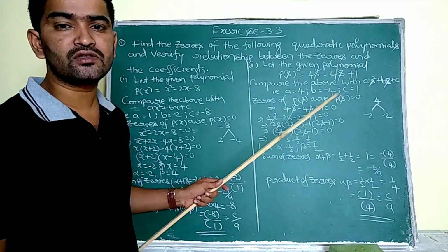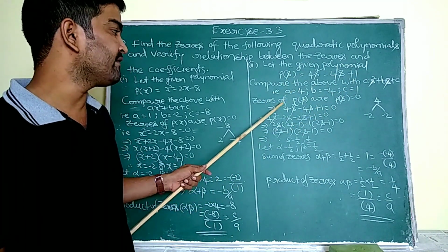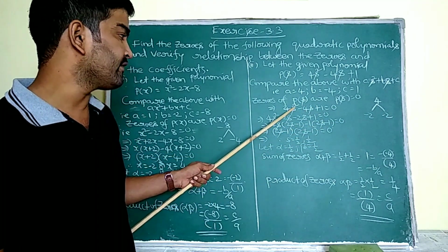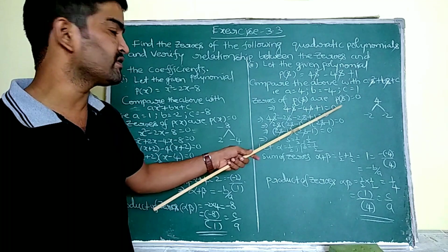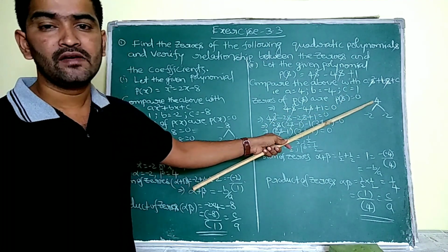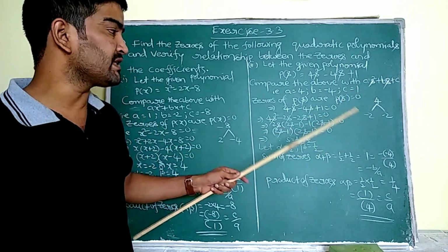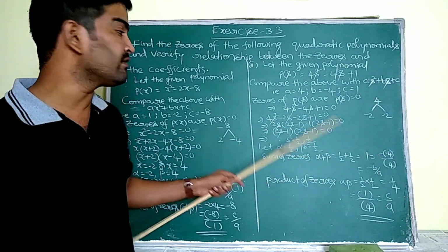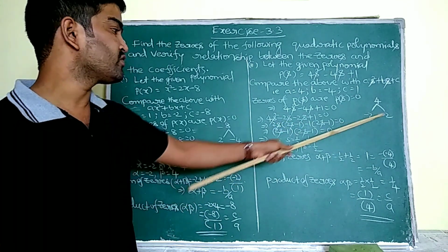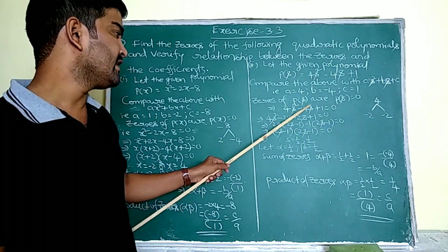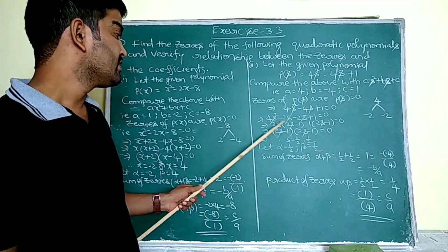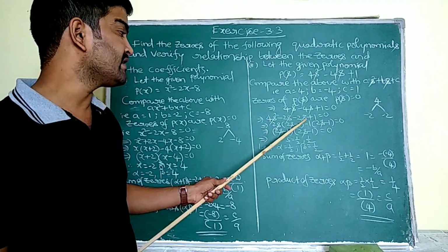Now find the zeros of p of s. So we know that for the zeros, p of s is equal to 0. So 4s square minus 4s plus 1 is equal to 0, we have to write. Now 1 into 4 is 4. We have to split this 4 into 2 terms whose product is 4 and whose sum is minus 4. So minus 2 into minus 2. So this middle term is going to be split into minus 2s, minus 2s. So 4s square minus 2s minus 2s plus 1.